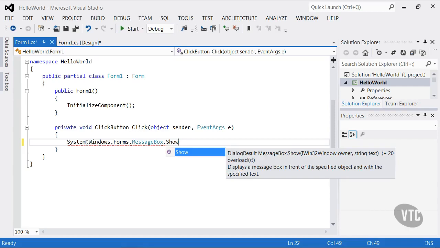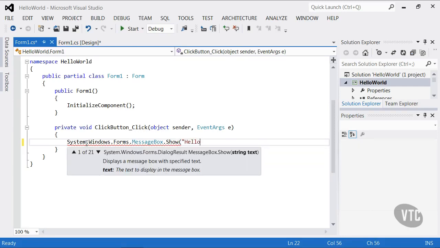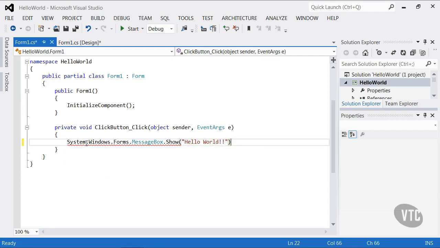Then I'll open parentheses, we'll put in a string, Hello World, give it a couple of exclamation points as if we're excited, close with the semicolon,